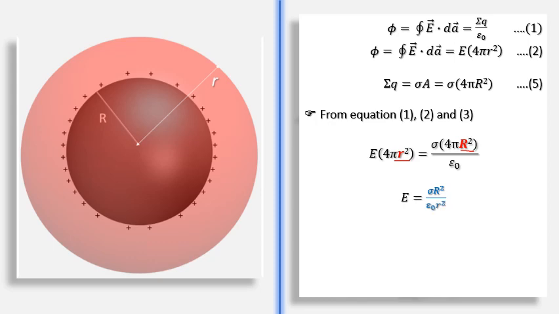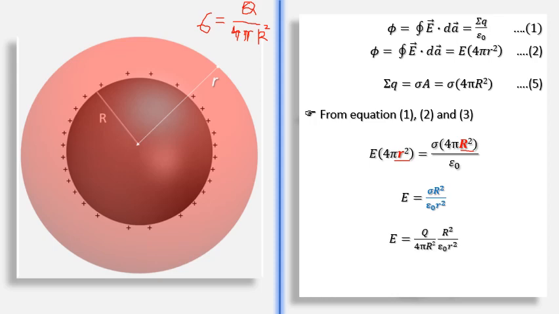Okay. And again, if I use my sigma formula, what is the sigma formula? Sigma is q by A. What is A? Area of the surface. So right now my surface is spherical, and so I have 4 pi capital R square. So if I take sigma as q by 4 pi R square, or sigma into 4 pi R square as q, what do we have then?